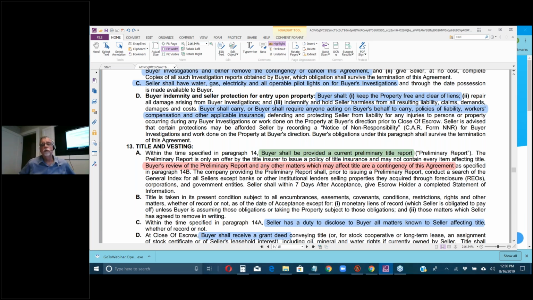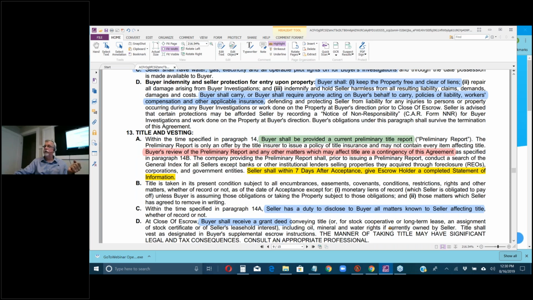As in the form, we get to 14B: the company providing the preliminary report shall, prior to issuing a preliminary report, conduct a search of the general index of all the seller. And anyhow, the seller shall within 7 days give escrow a completed statement of information. I missed that seller shall, but that's so they can do the prelim. Sometimes there's judgments against them that they don't know about at the prelim. Does that make sense? Let me make